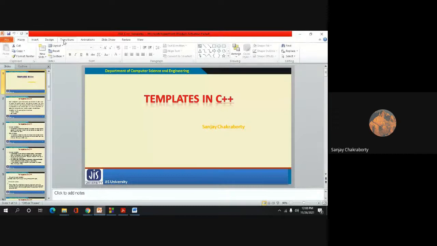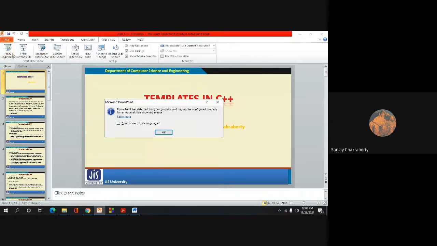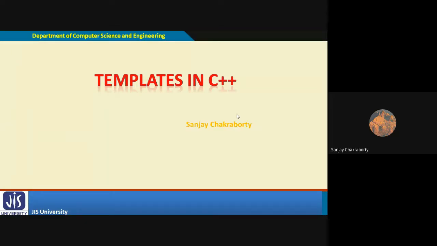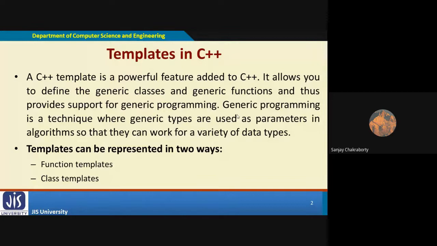We have already started the discussion regarding what templates are in C++, what is the advantage of using templates, and other things that we discussed in the last class. So let me go through the topics we already covered. A template is one of the powerful features in C++. Why are we using templates? To create a generic kind of programming, which can be applied for any number of parameters, for any types of parameters, any types of data types as well.